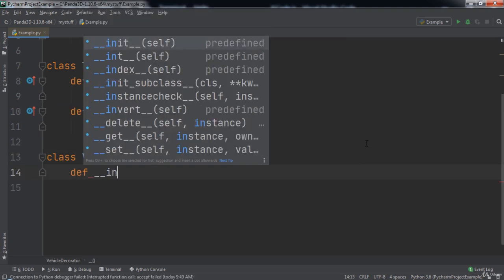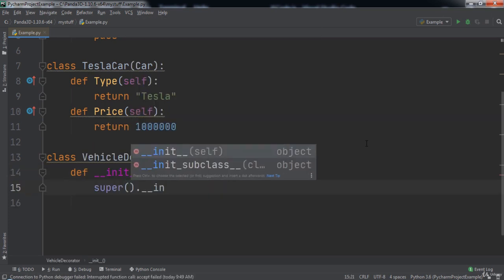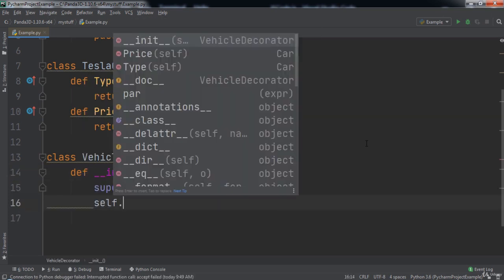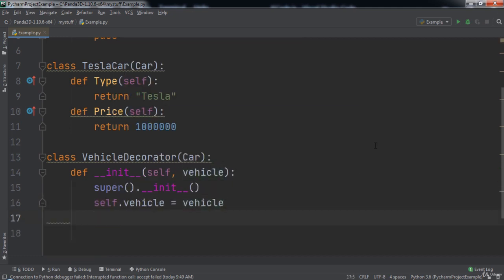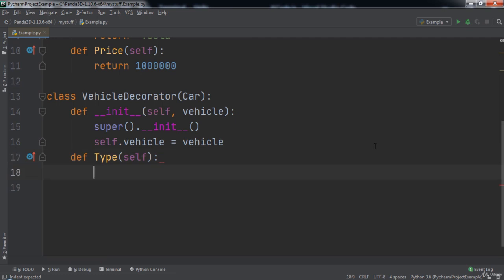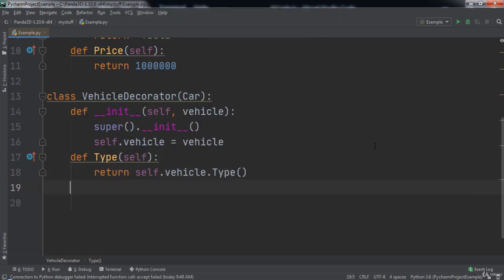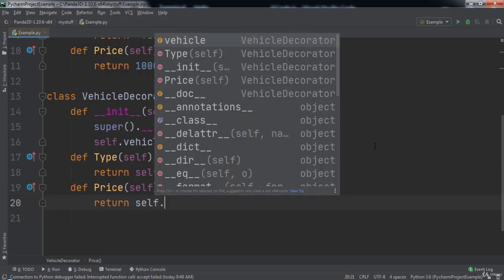Next, we will create a class named VehicleDecorator that extends the Car class. Inside of this class, we will define the init function that takes in two parameters, self and vehicle. Inside of this init function, we will call super.init. Then we will set self.vehicle equal to vehicle. Next, we will implement the type function that takes in the self parameter. Inside of this function, we will return self.vehicle.type. Next, we will implement the price function that takes in the self parameter. Inside of this function, we will return